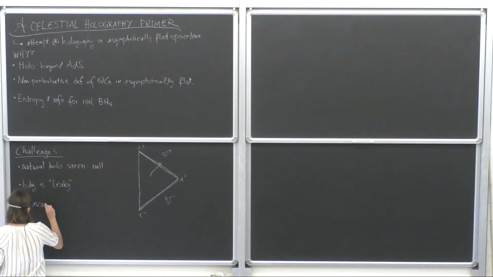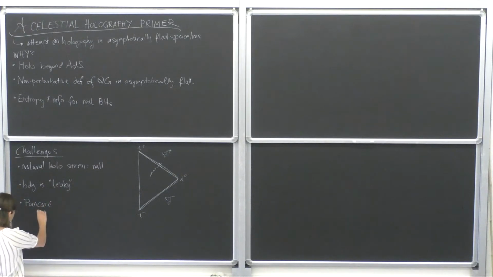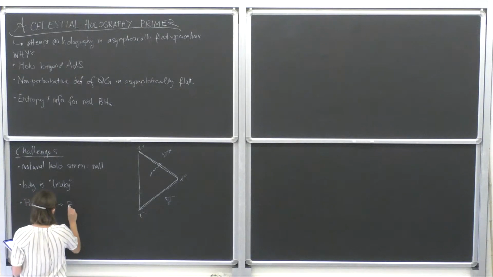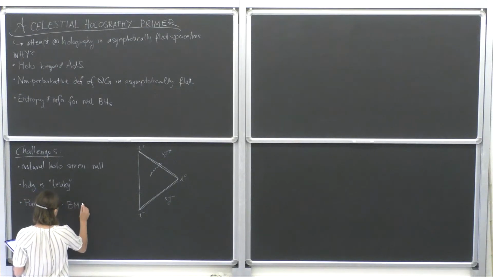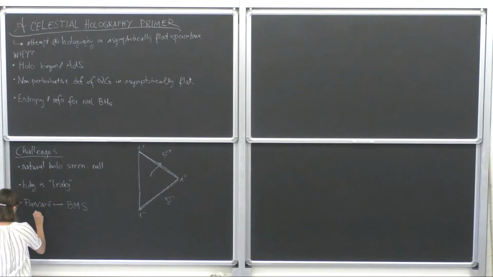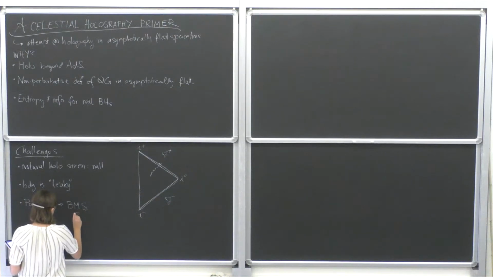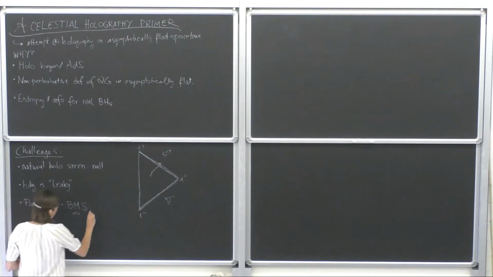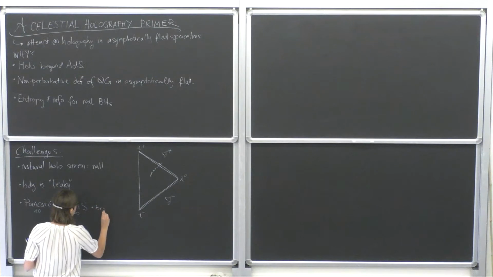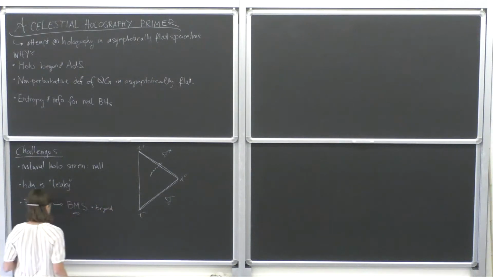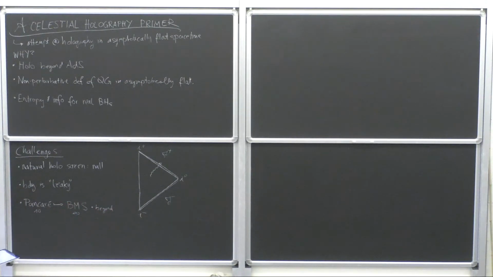So what we have in asymptotically flat space is that the finite dimensional Poincaré group gets enhanced to an infinite dimensional group. And this is called the Bondi, van der Burg, Metzner, Sachs group. So here, in 4 space-time dimensions, we have 10 Poincaré generators. And then here we have infinitely many. And let me put a "beyond" here, because there also exist various extensions of the BMS group that has originally been proposed.